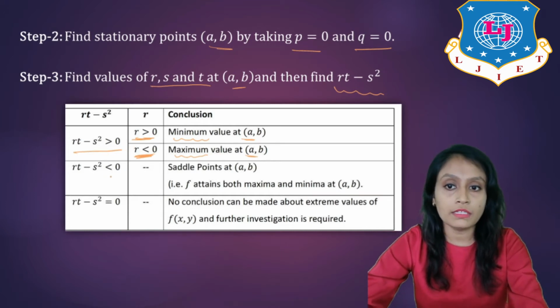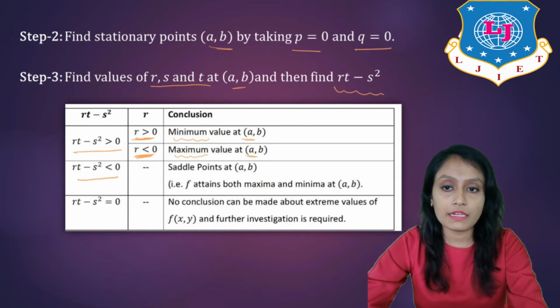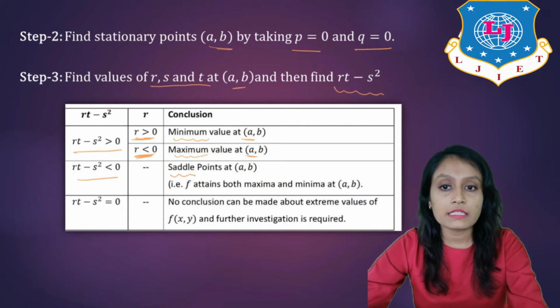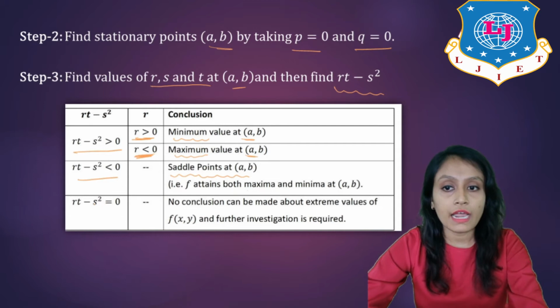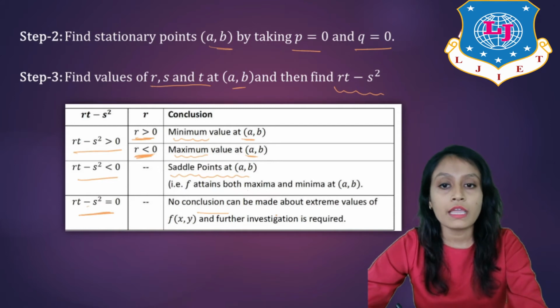Okay, next one, if RT minus S square is less than 0, then we can say that this point (a, b) is a saddle point, means F attains neither a maximum nor a minimum value at (a, b). And if RT minus S square is equal to 0, then no conclusion can be made about extreme values. Okay, so we have to check in a different way. Next one,